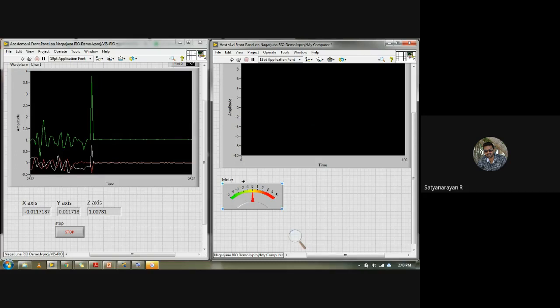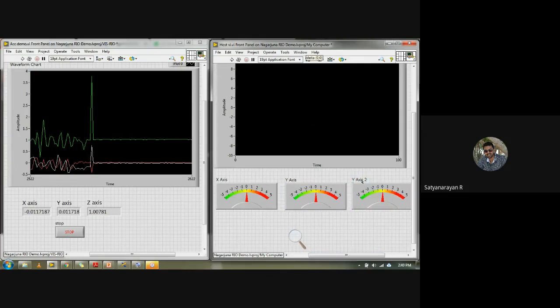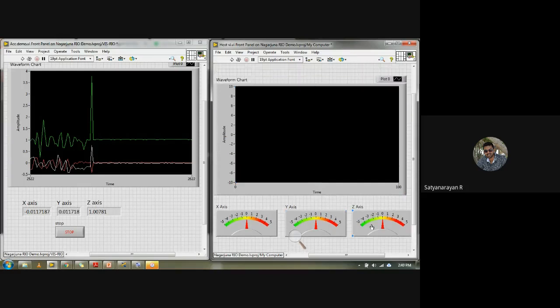For this I'll label it x-axis. I'll copy it and make this a y-axis, and give the other one a z-axis. So these have been taken here.